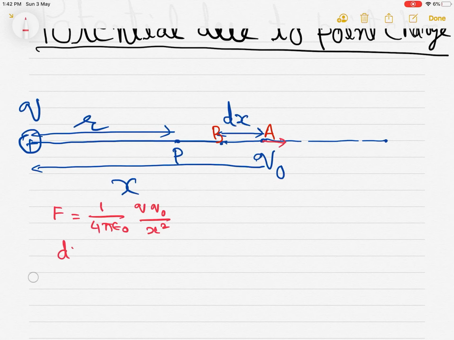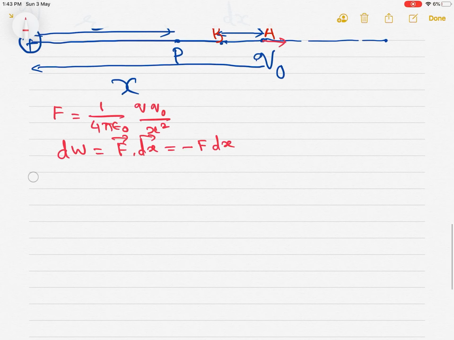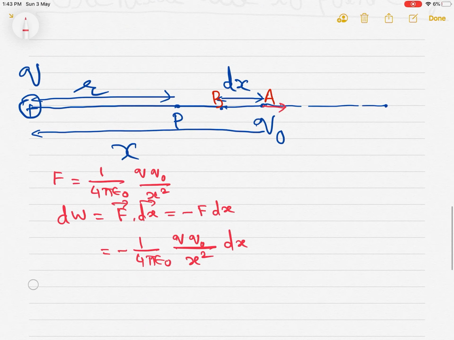So, small work done dW is equal to F dot dx, because F and dx are in opposite direction. So, they will make 180-degree angle. So, F dx cos 180, it will be minus F dx. Now, put the value of F, 1 upon 4 pi epsilon naught Q Q naught upon x square dx. Now, we consider that we are bringing this Q naught charge from infinity to a point P